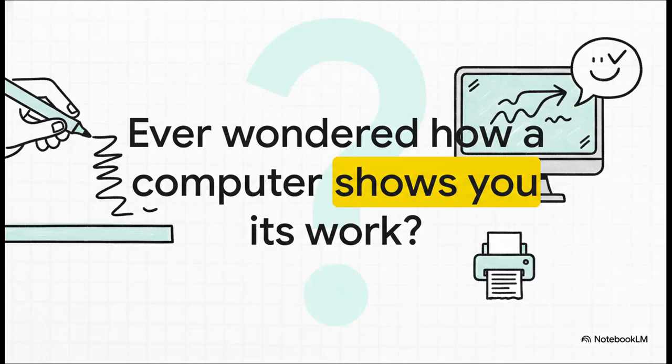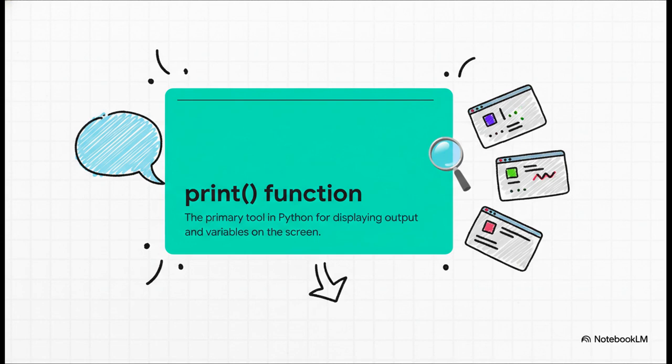I mean, really think about that for a second. You can write all this amazing code, but how do you actually see the result? How does a program say hello or tell you the answer to a tough math problem? This is the fundamental thing we need to solve. And in Python, the answer is this beautifully simple but incredibly powerful command, print parentheses. Seriously, think of this as your program's voice. It's how you get information out, check on what your variables are doing, and just see your results pop up